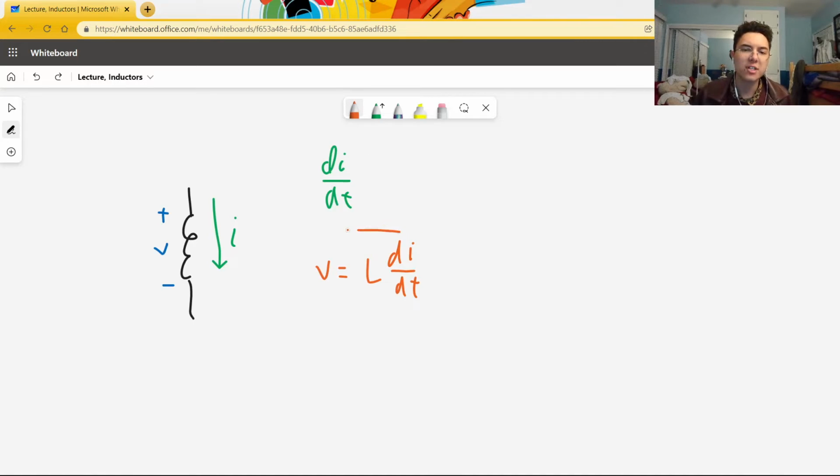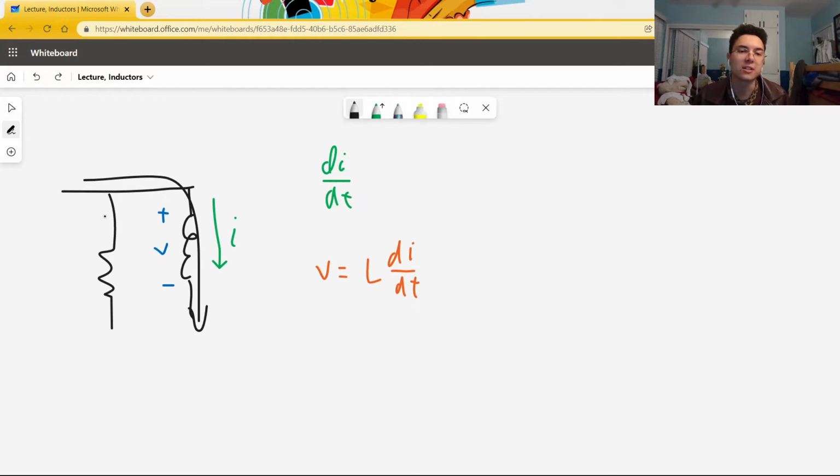Another fact that may be evident from this equation is that if di dt is 0, that is, the current is not changing, there is no voltage drop across the inductor. That means that once the current finishes changing, an inductor basically acts as a short wire. There is no voltage drop and no resistance, so if particles have the choice between traveling through a resistor and an inductor that has no voltage drop across it, particles will always choose the inductor and will always ignore the